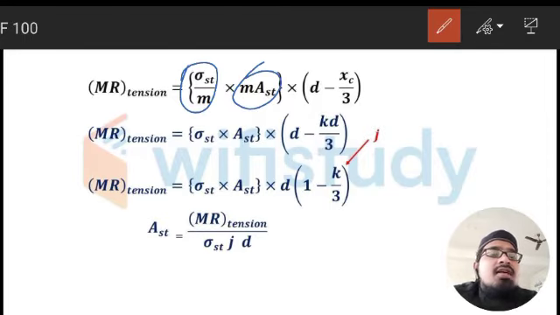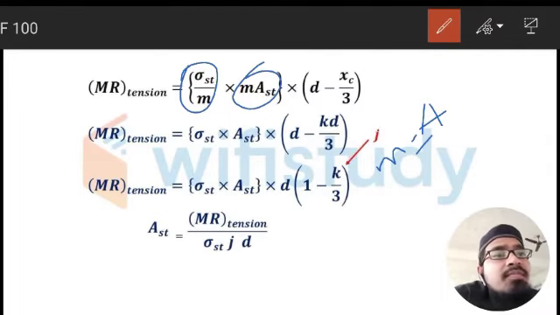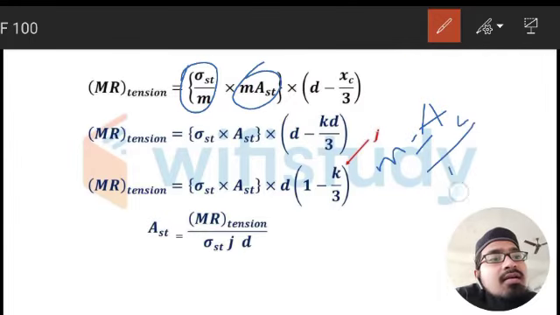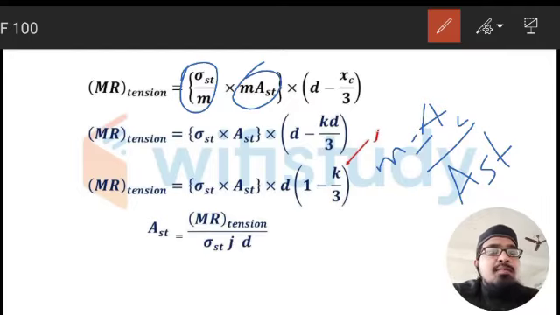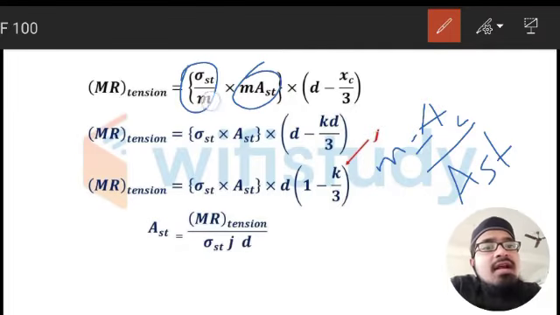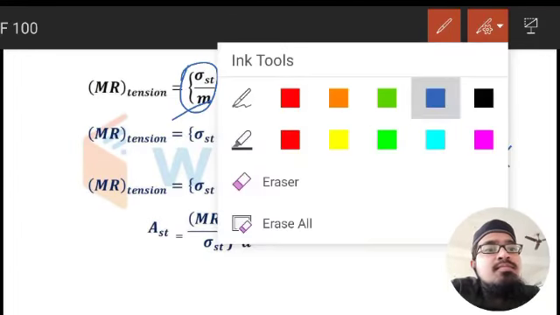Okay, the equivalent area of concrete, as I said in the previous class. So m is equal to, what is the factor that is going to come? AC by AST. In previous classes, if you see, AC will be equal to m into AST. That is the term that came here. So these are the permissible stresses, and this is the equivalent area into lever arm d, into d minus xc by 3. So m will get cancelled.